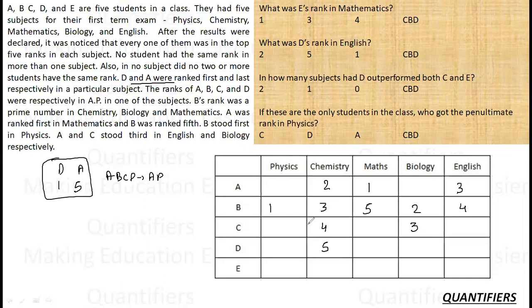So where can I give D 1? D 1 cannot be here. B is already having 1. D 1 cannot be here also because D is 1 here. Then A will be 5, which is not possible, which means D must be 1 here. Then 5 must be here. 1, 2, 3, 5. Now this row has a rank 1, this row has a rank 1, this row has a rank 1. There has to be some 1 here also. C also has to get a 1 and E also has to get a 1.